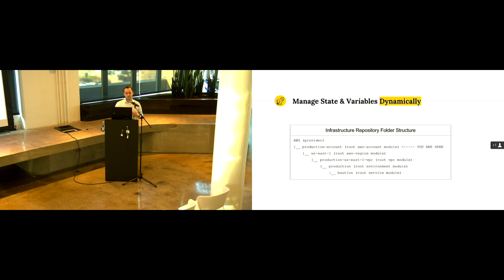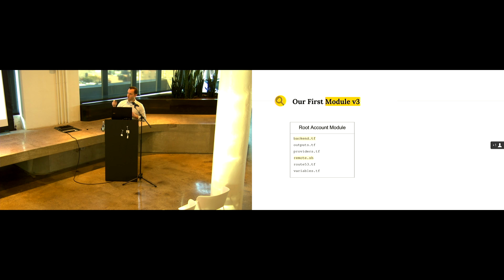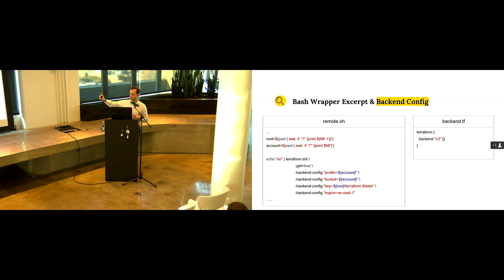So what we had already done was we created a DNS zone and DNS entries in our root account module. Right now we're going to add a backend and a remote bash script. To achieve this dynamic state creation, I had to create a small bash wrapper that dissects the file path. So here's a small snippet of that, and it will take the directory that it's in and add it to the key of your state